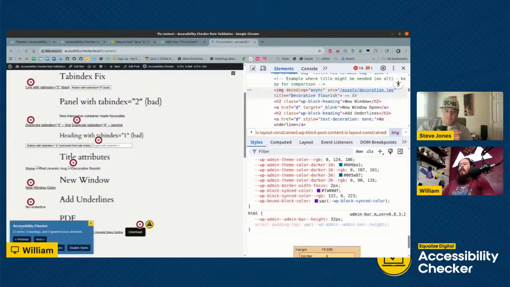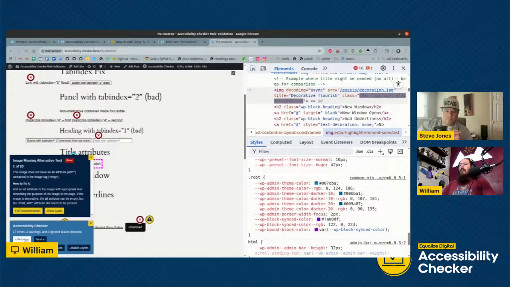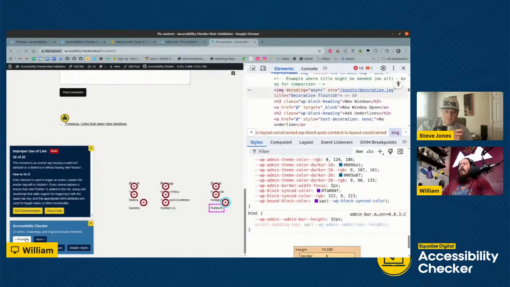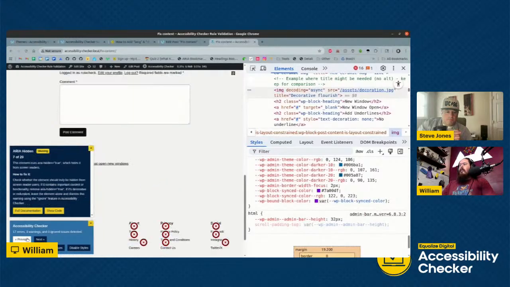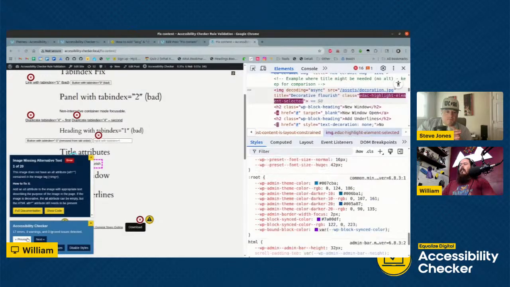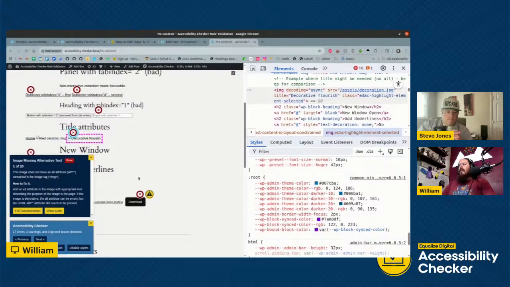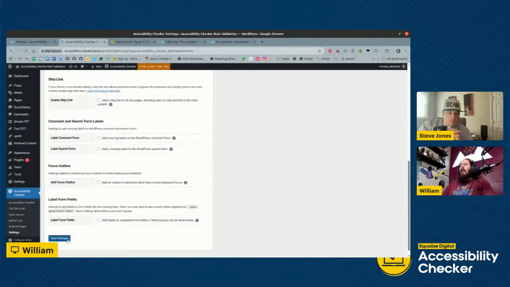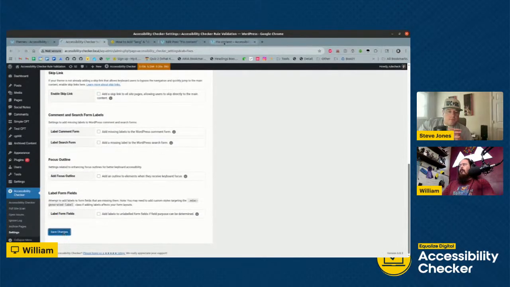If I open up the accessibility checker issues and tap through them till I find the image that I was just looking at, which is here: this image is missing alt text. That's actually what our checker has detected. This image is missing alt text. However, it does have a title attribute attached to it. So if I revisit the fix page, enable that fix, and save this,